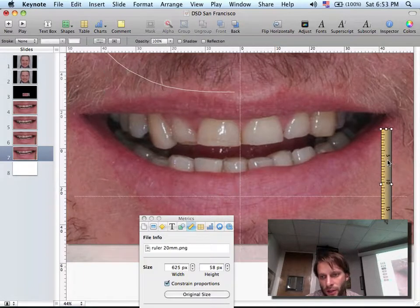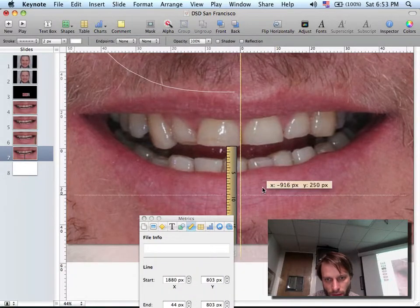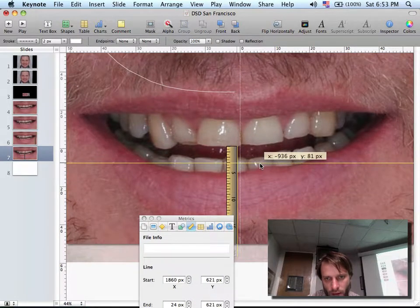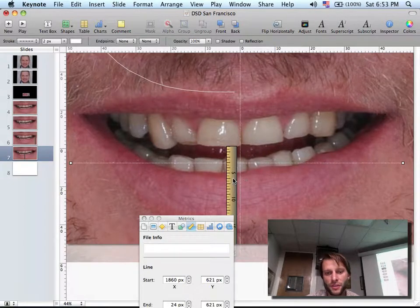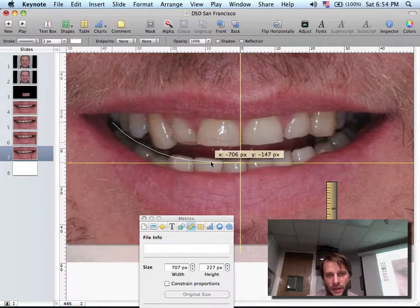So then we can bring the ruler, 1, 2, 3, and we can position the horizontal line as a guide. So now it's easier to draw the curve because you have the posteriors and you have this intersection. So it's really like connecting the dots. You know, if you have one dot,